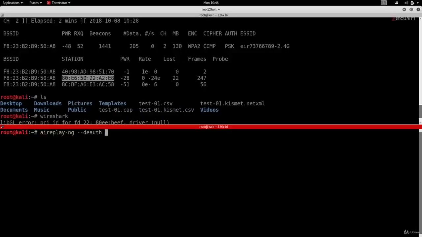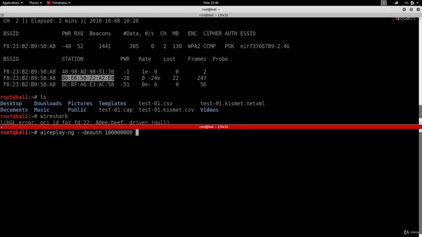Then I'm going to give it the number of deauthentication packets that I want to send. So I'm going to give it a really large number so that it keeps sending these packets to both the router and the target device. Therefore, I'll disconnect my target device for a very long period of time, and the only way to get it back to connect is to hit Ctrl+C and quit Aireplay-ng.